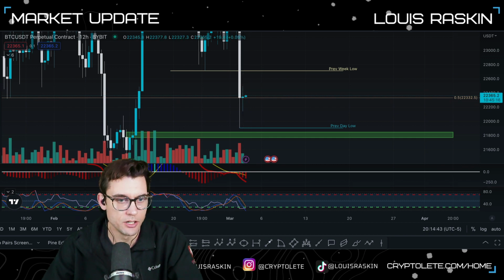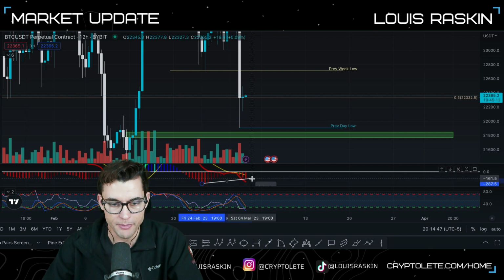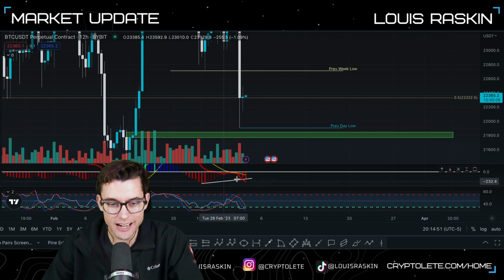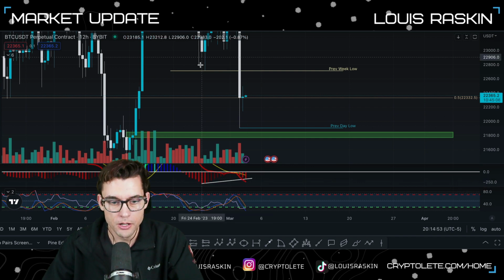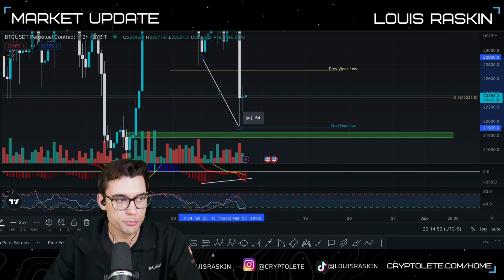Look at this. Well, I mean, I guess, never mind. I was going to say something about the MACD, but, oh wait, no, I am. Yeah, look at this MACD. The MACD is much higher up while the price is much lower. So that's bullish right there. So yeah, things are looking pretty bullish.